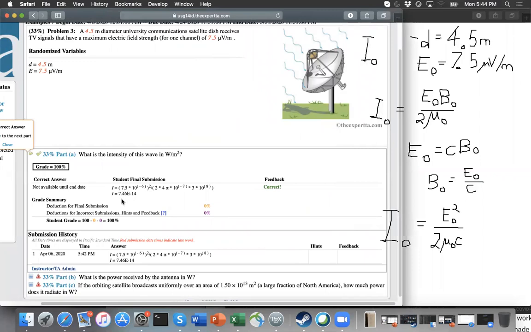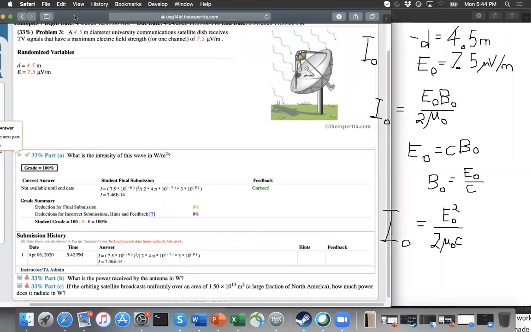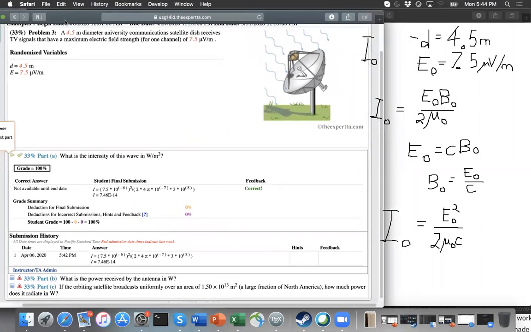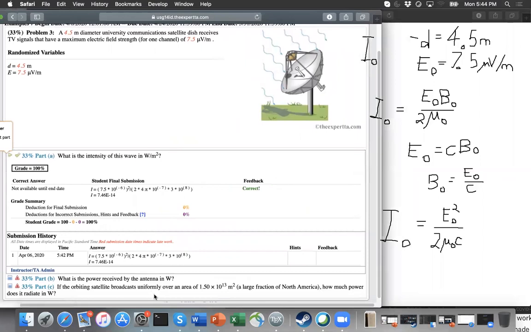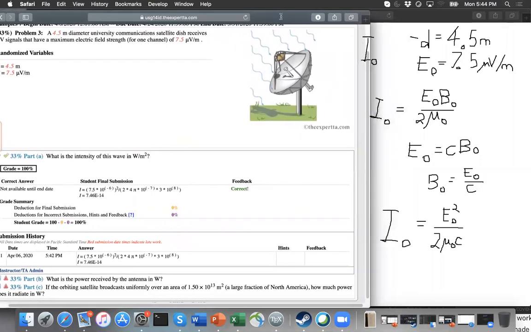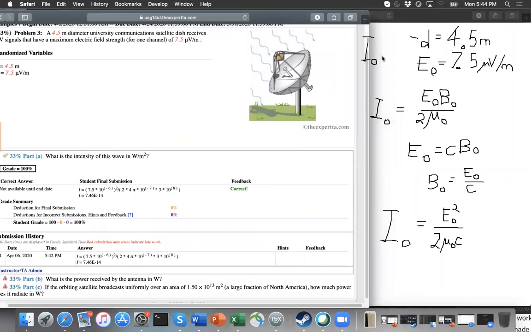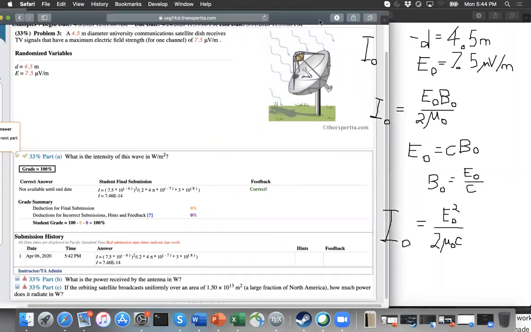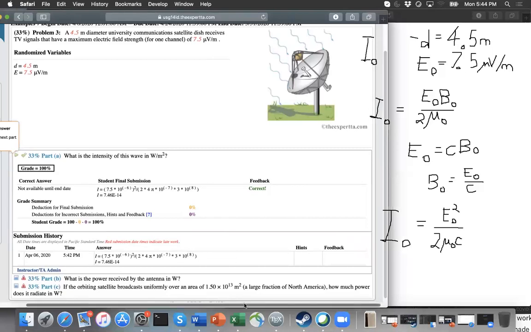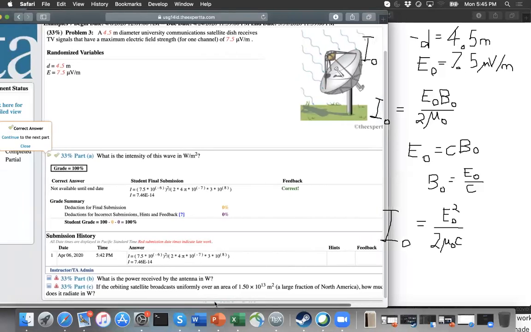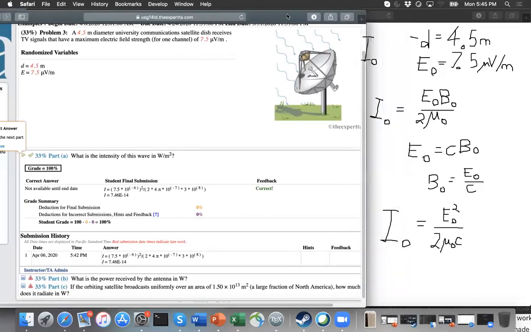The intensity is 7.5 times 10 to the minus 14 watts per meter squared. So we're talking very low amounts of stuff, power going into this thing. So the end result of that calculation, just to say it, is,